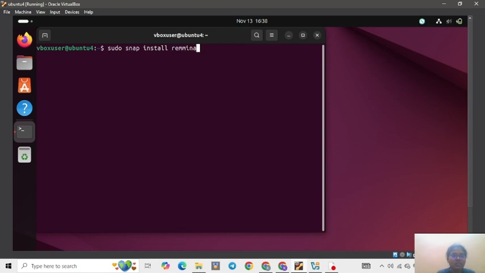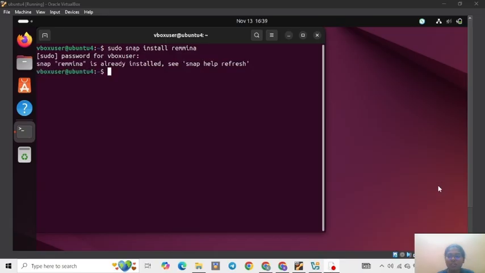Remmina. This Remmina is used for connecting the RDP client of my Linux OS to the Windows virtual machine. So through this, I can connect my Linux operating system to the Windows virtual machine. So here I am downloading. Here it is showing it is already installed. I have already installed Remmina. So type sudo snap install Remmina to install Remmina,